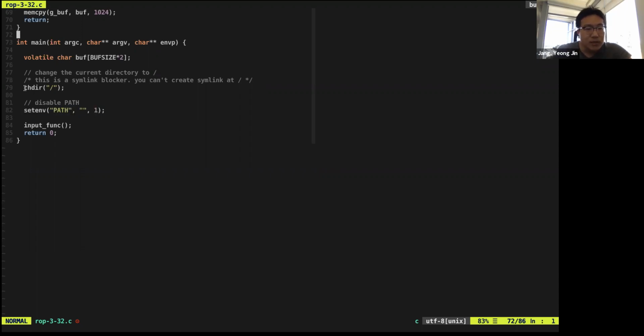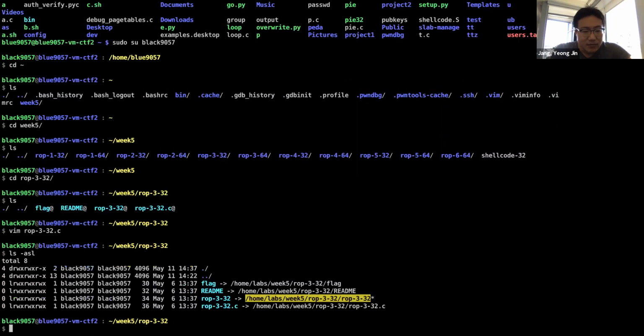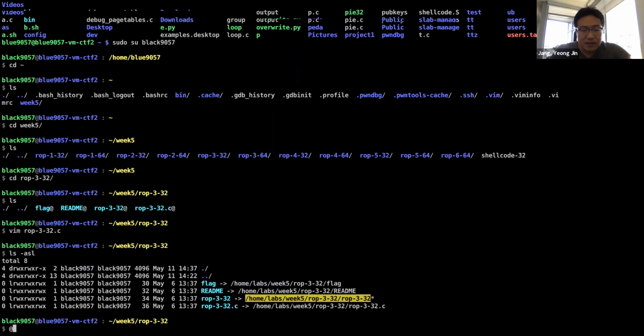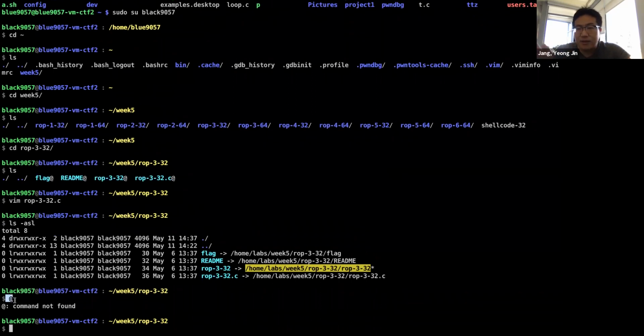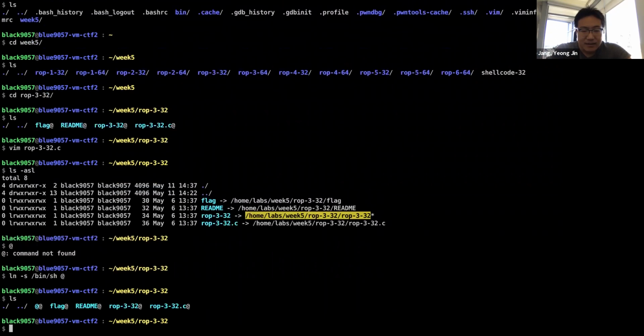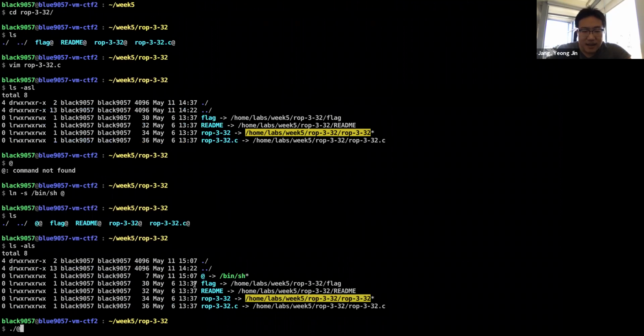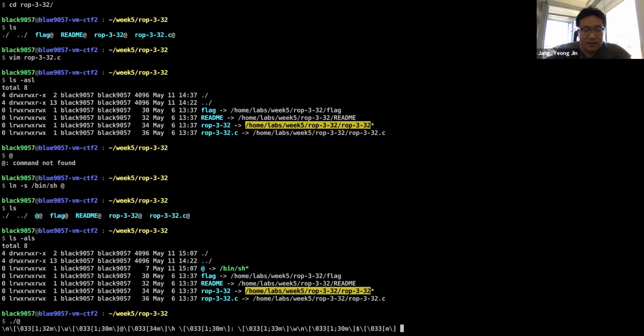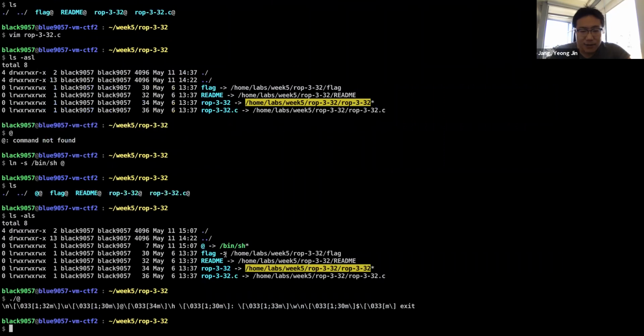And then what will be the effect of this one? Change directory to the root. So previously we would find some of the characters in the program, and then we symlink bin.sh to add, and then we can run this add program, and it will run the bin.sh instead. So we can do this kind of trick if we can find some of the strings in the program. But